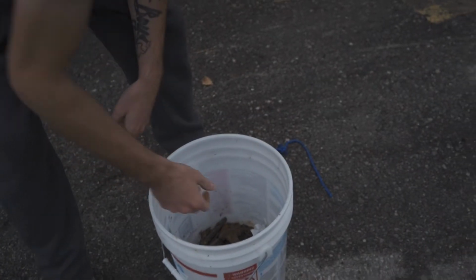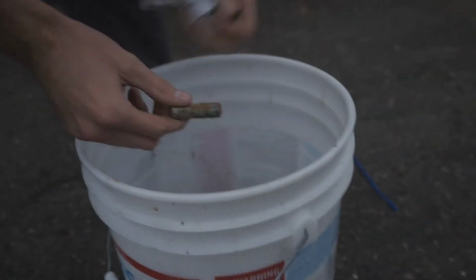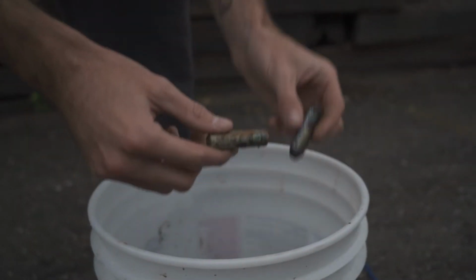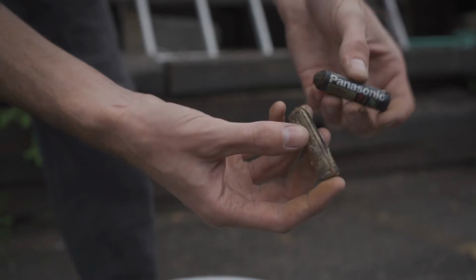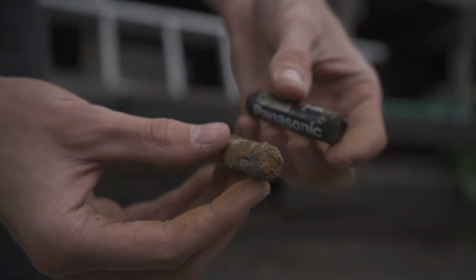All right, next up, batteries. We actually found 2 batteries just in the first week. So let's see where the other one's at. There we go, 2 batteries right there. A Maxell and then a Panasonic. Very corroded. That was kind of cool to see batteries